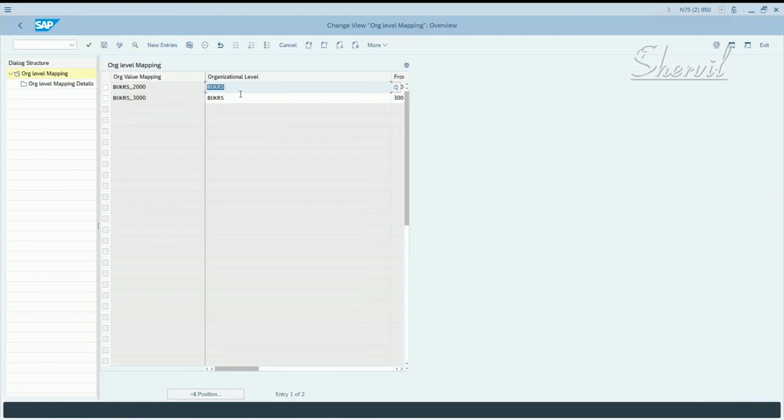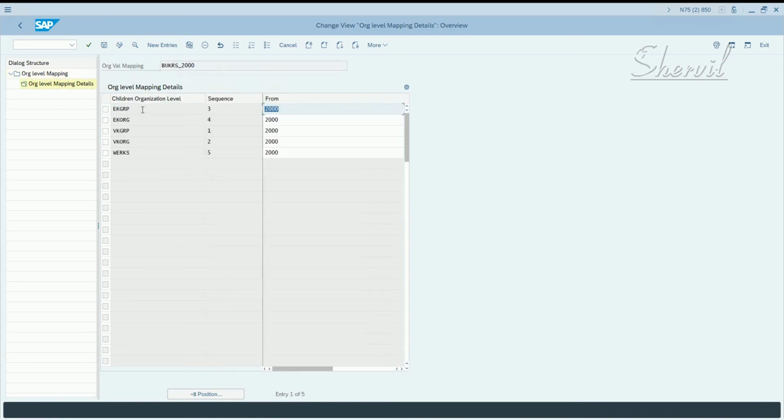So what did we do? We created two org level mappings, one for company code 2000, another for company code 3000. And if you look, it had some field values, some other sub org units, the child org units.